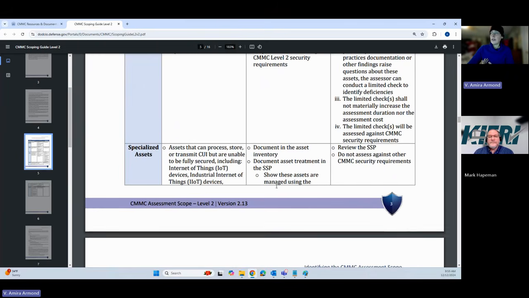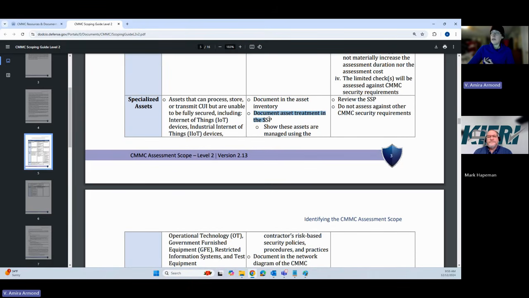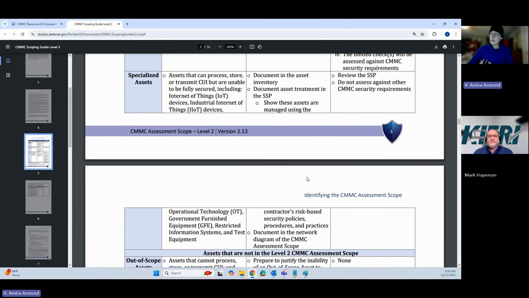For specialized assets, that guidance changes. Yes, you still need to know what you have. You need to have an inventory of it. You should be writing down how you're applying the requirements to these asset types. How are you performing screen lock? How are you doing firewall? How are you doing patching? However, it does not say to prepare to be assessed.